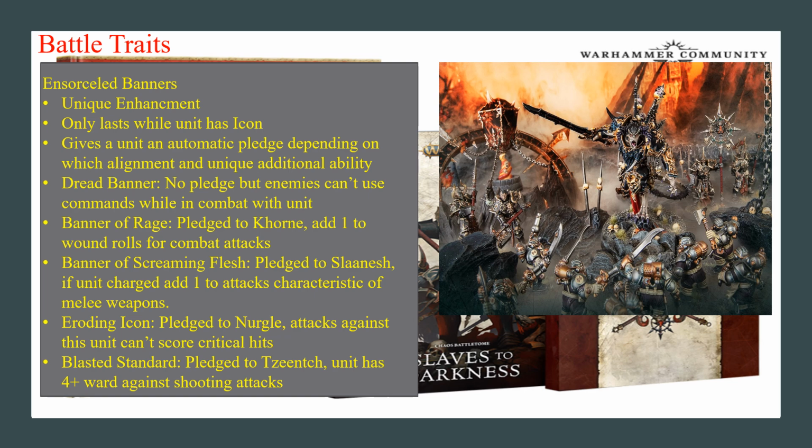Slaanesh really likes cavalry. If you have a cavalry unit, you probably want to pledge it to Slaanesh. So that's, again, perfectly reasonable because cavalry wants to charge. The Eroding Icon pledges you to Nurgle, and this one is actually pretty interesting because it makes it so you